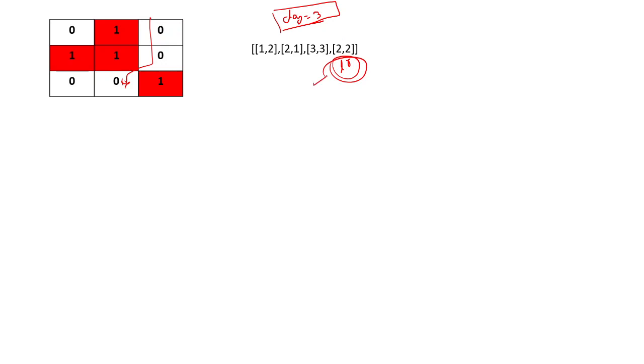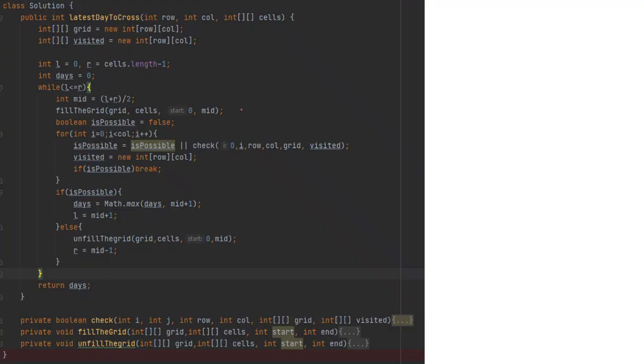Now we'll get out of the loop and we'll print day as 3. So basically 3 days are there that we can travel, and those are these 3. So this was the main point actually, how to do this, and let me show you the code, and then we can do the complexity analysis.